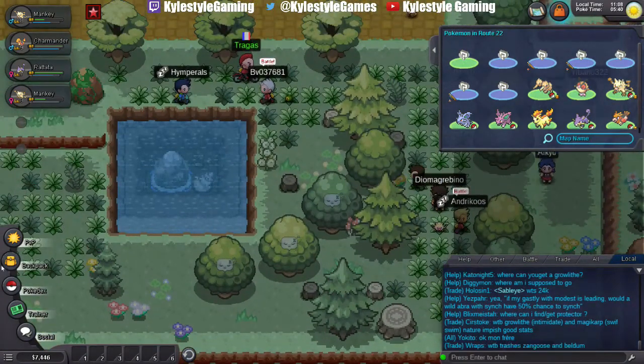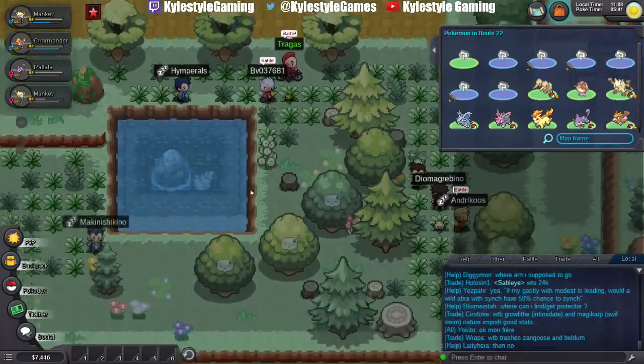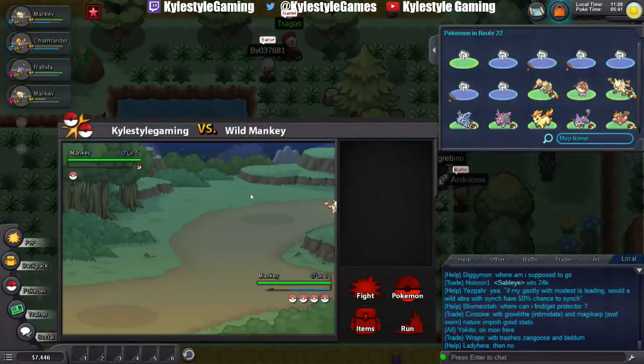All right, let's go ahead. I'm just going to use a potion real quick, get my Mankey back up, and hopefully he'll hit level 9 after this one. We can go ahead and fight the